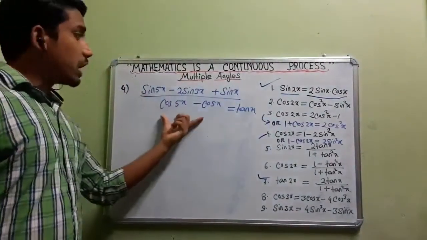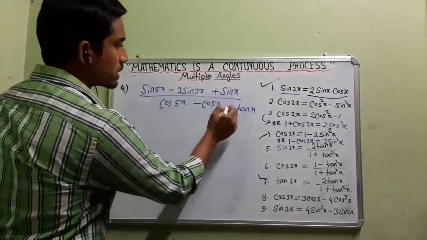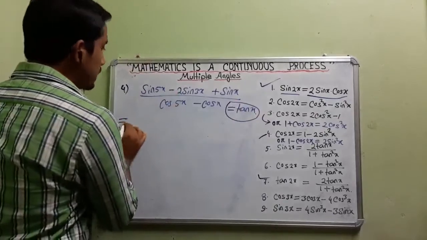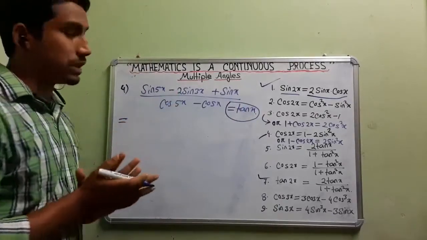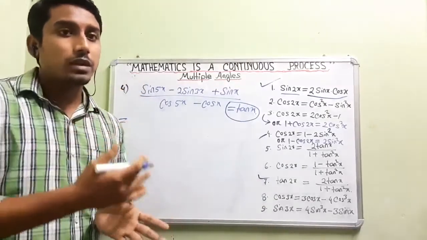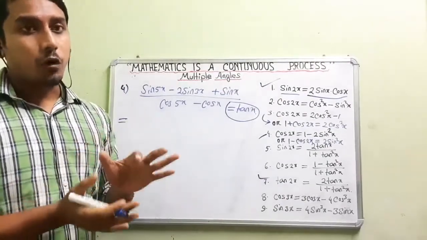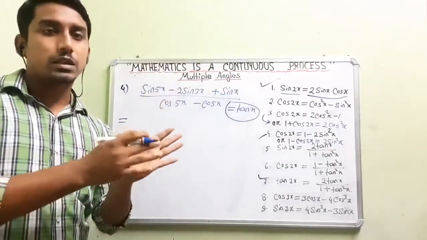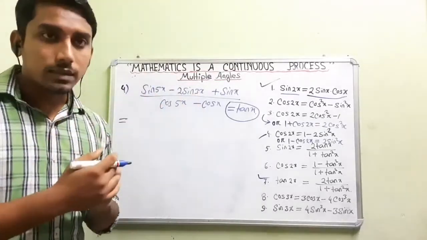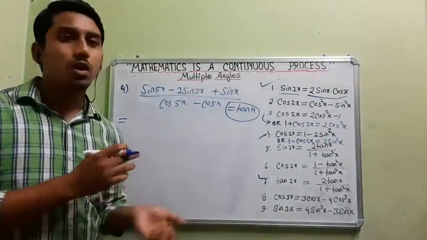So obviously we will start with the left hand side because much more information is there. We are supposed to prove this left hand side is equal to tan x. Already I have told you that in the topic of multiple angles, while solving trigonometry problems, we may need to use the formulas of the previous topic also: the transformation of sum and products, the formulas of compound angles, and also some concepts of quadrants. All the things are interrelated. This problem is also of that type.